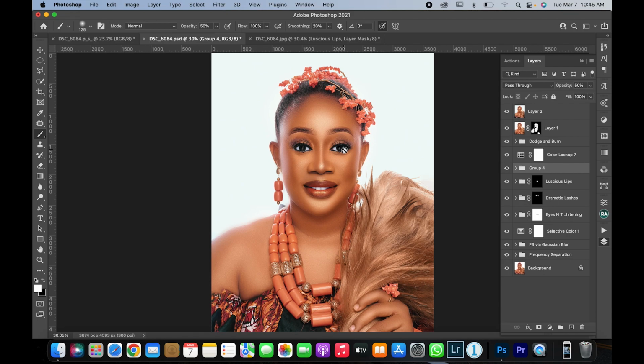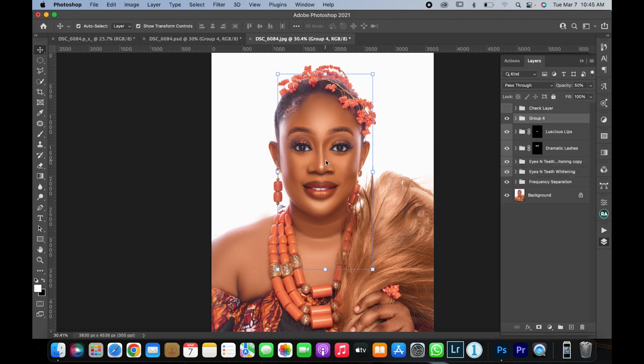This is a combination of color lookups. This is what we've got from the color preset I just dropped, a combination of lots of color lookups. These are before, wait for it, and these are after. Really, I don't intend touching anything on this image from the way it is. I don't intend touching anything further, so I'm going to head straight to dodge and burn,